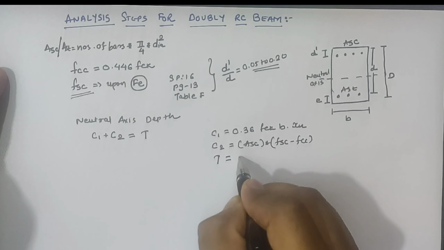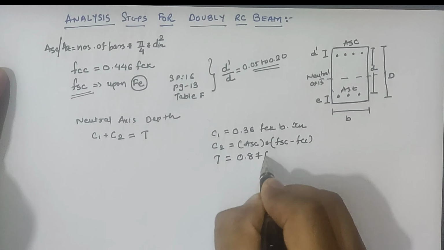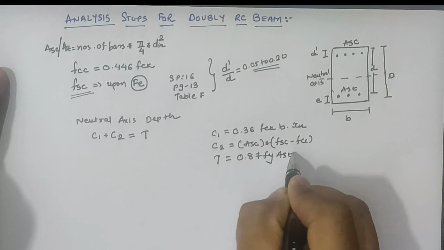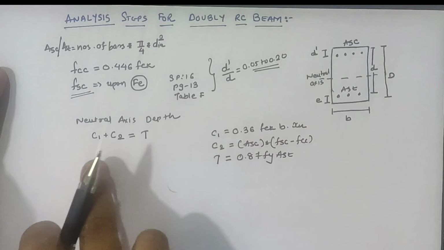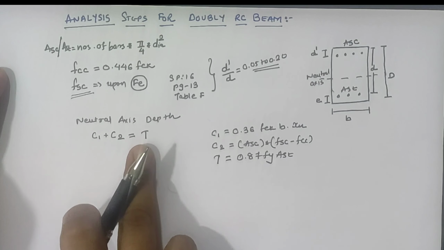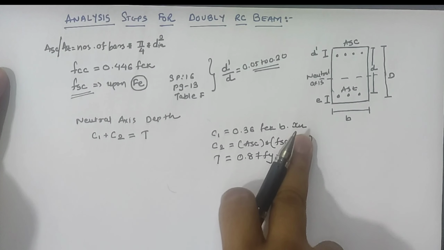Tensile force is calculated by the equation 0.87 fy into Ast. Now substituting these values in C1 plus C2 equal to T, we find the value of xu as